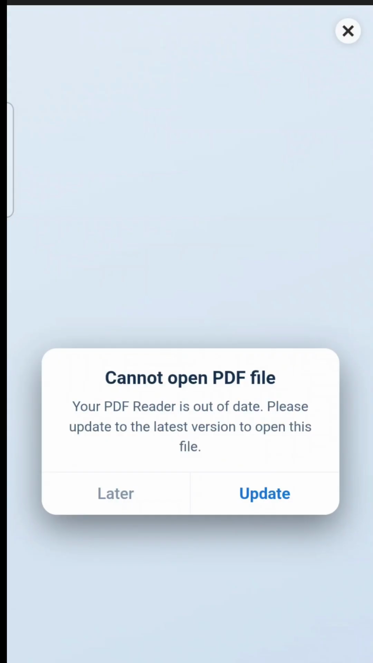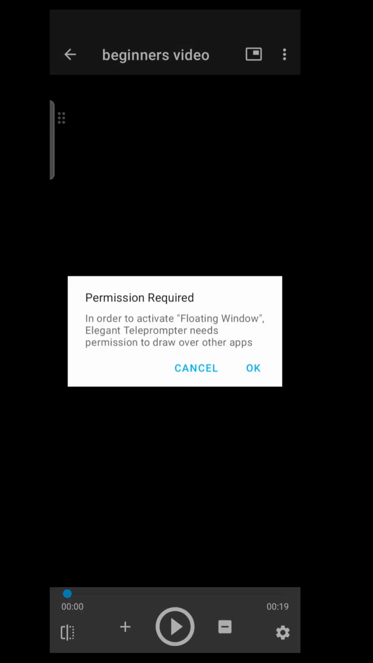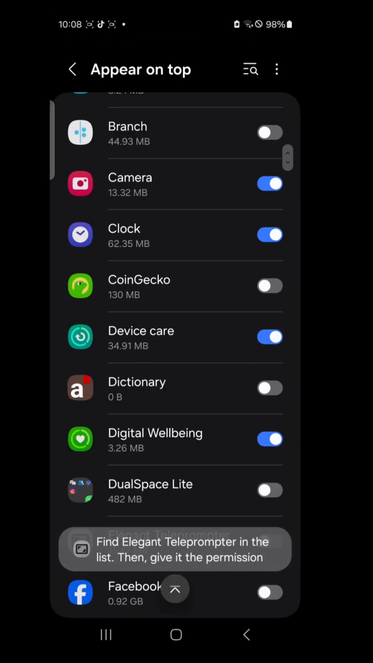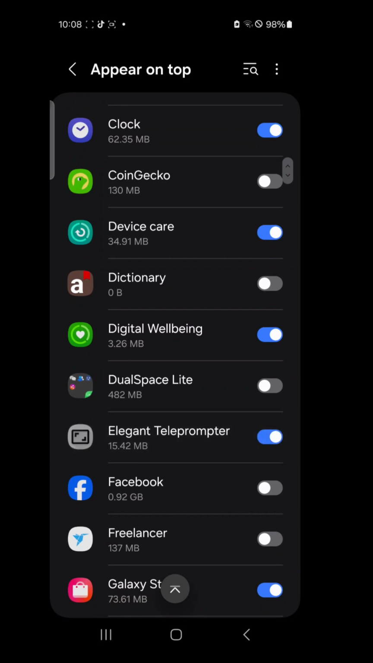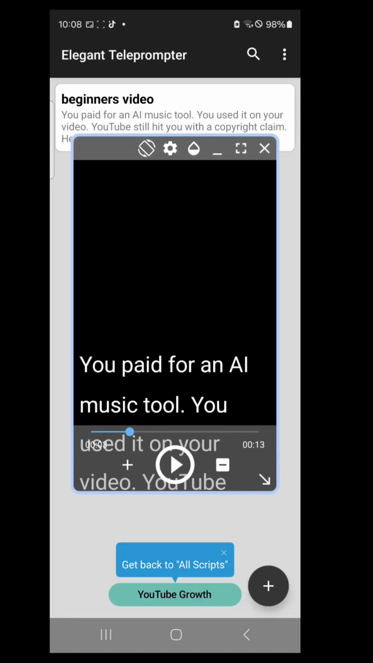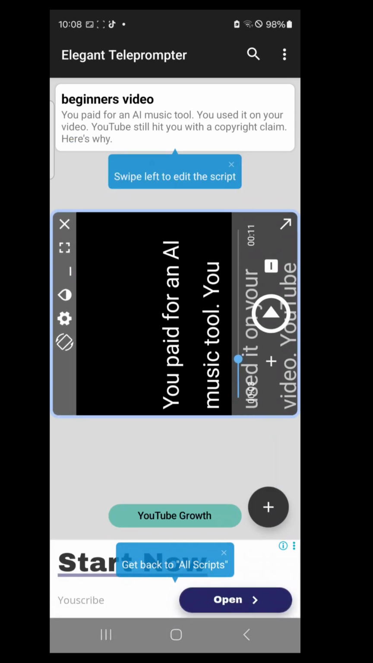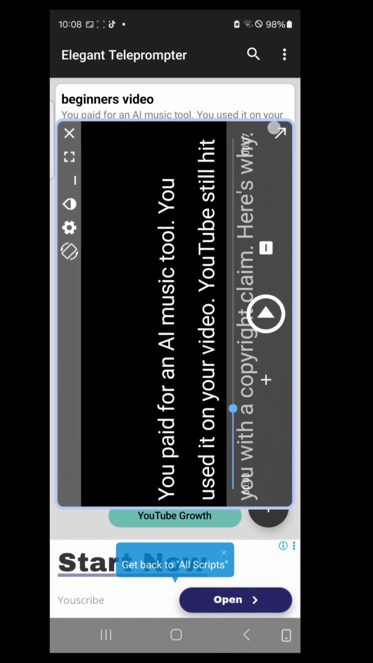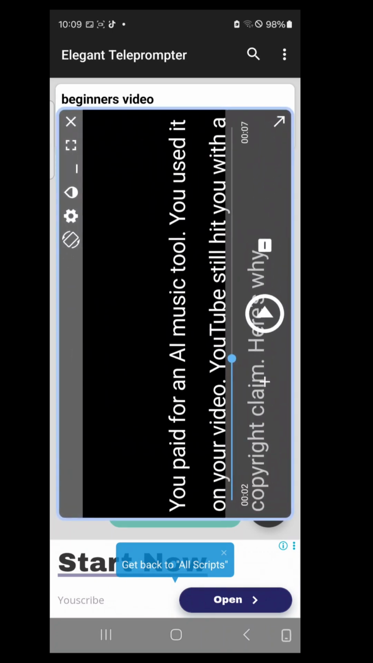So you can click on a particular script. We don't need this to open, we can close that. You can click here, this icon right here, you see floating window. You can click on this, and yes, if it's your first time, you'll be asked to give permission to Elegant Teleprompter to appear on other apps. So yeah, we have given permission, and now you see we have Elegant Teleprompter here. We can actually flip this. Let's say you are recording a portrait video, you can flip it this way, and you can minimize and go to your camera,